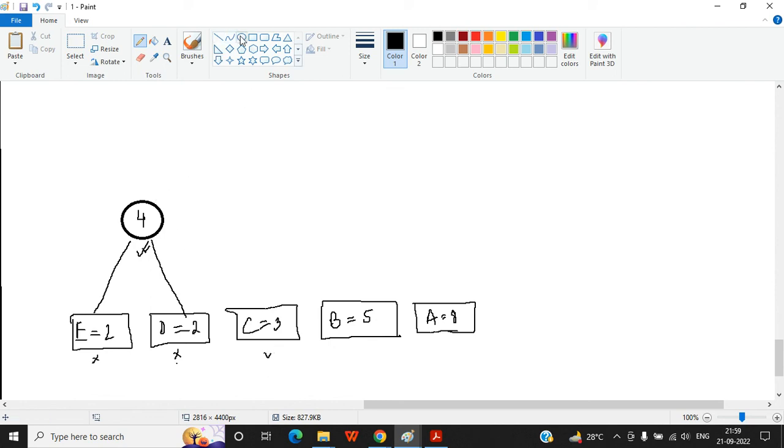So you club this node along with this node and add the values: 4 plus 3 means 7, right? Now you are not going to take these nodes again. Now you have to consider this node. So what are the two smallest nodes?